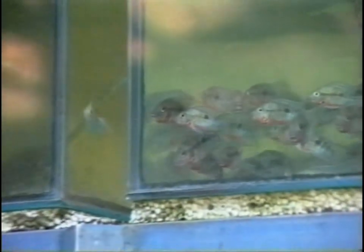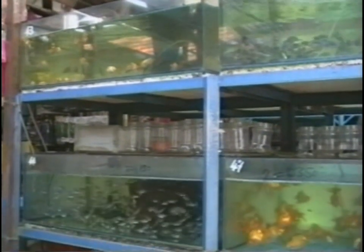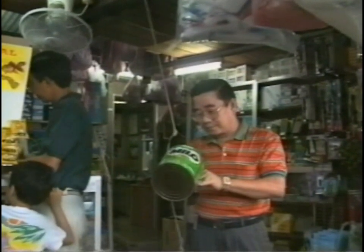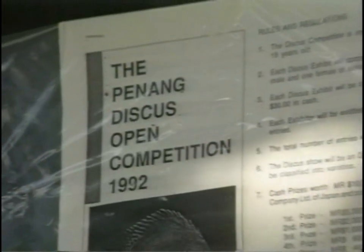In Penang, not all aquaristics are the same. While a large number of fish lovers keep ornamental fish as an entertainment, there are also people who attend to one special fish species. Although discus fish are cared for everywhere in Malaysia, it seems that they can be found most frequently in Penang. The first discus came to Penang from Singapore,